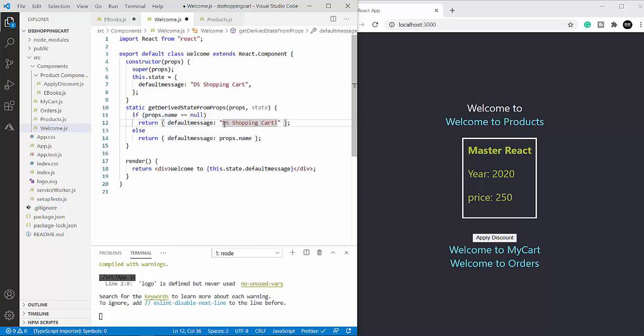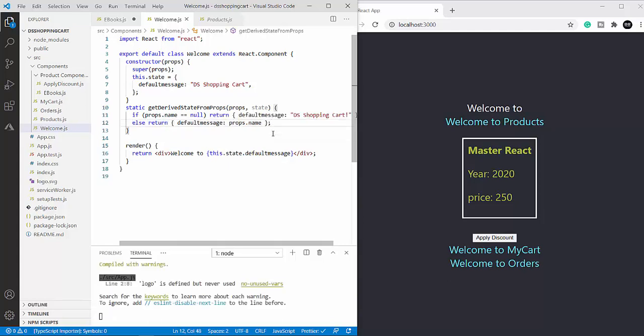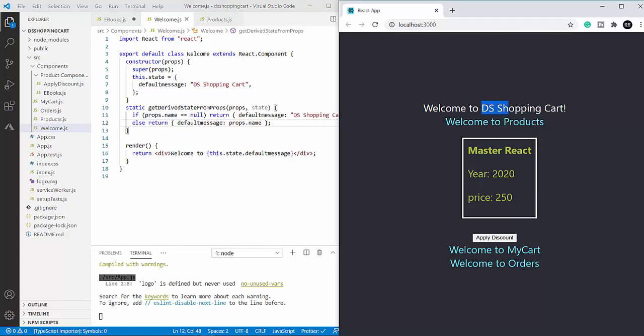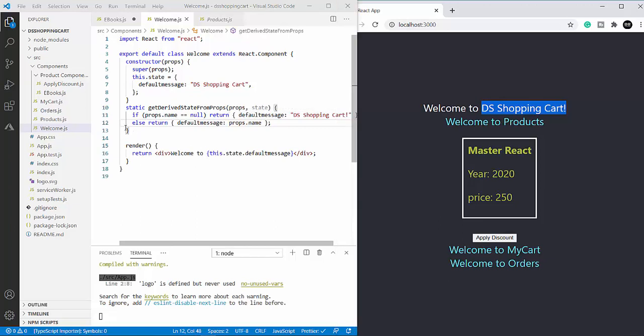So I have assigned the same value with the addition of an exclamation mark, in order for us to differentiate this assignment from the original assignment. And the rest of the else part was the same. Default message is assigned to props.name. Let me save it. And yes, you have got the updated message from getDerivedStateFromProps. So this comes in handy in all such circumstances where you have to update the state before rendering a method.